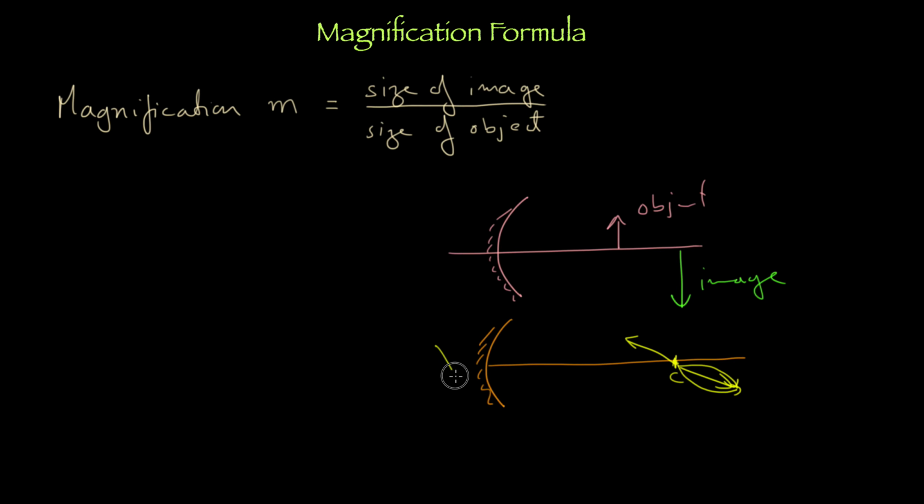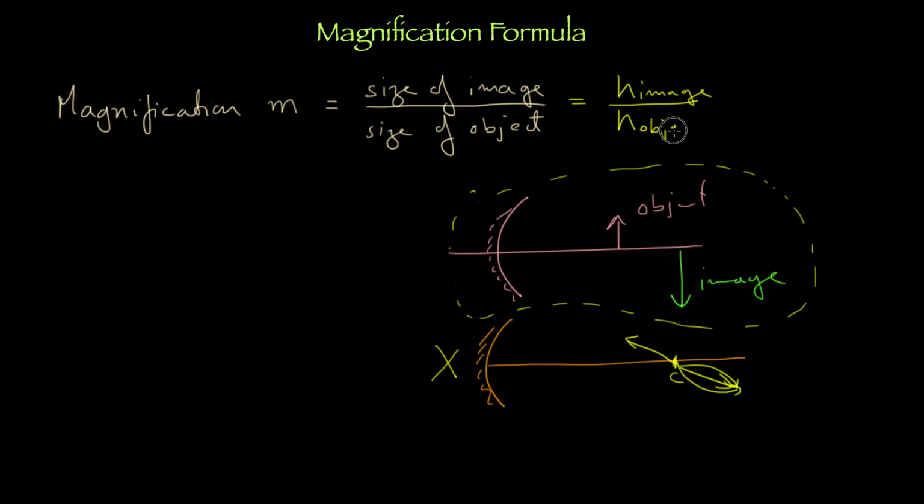But we don't have to worry about this case at all. Only in NEEV we'll make up questions like this and give you just for fun. What you have to worry about with respect to school is these kinds of questions. Get the point? So we can easily say that magnification will be talking in terms of height of image divided by height of object. Is this part clear to you guys? Is this clear?